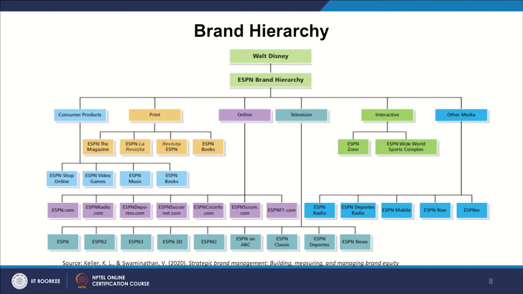And on the other side, for example, you choose to look for other media. So, ESPN radio is there, ESPN mobile is there, ESPN Rise is there, and so on. And then that is where the hierarchical structure comes in. The objective is to think in terms of, you understand what kind of brand power your brand is enjoying at this moment,